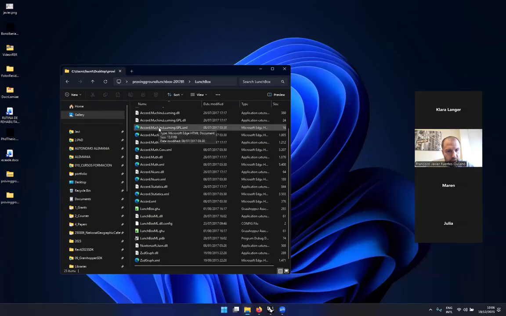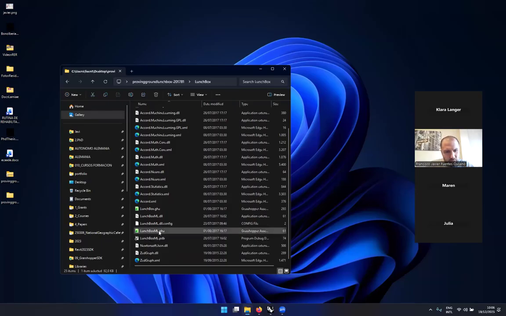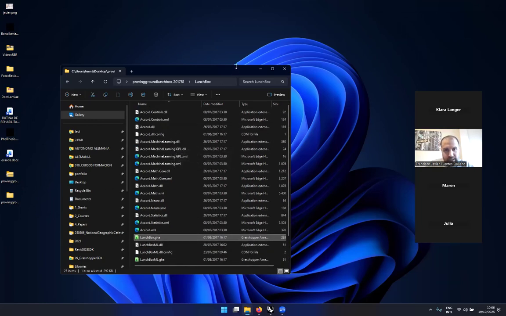Okay. It comes with a lot of files in this case. This is kind of complex. The ones that you care about the most are this one and this one. You have to copy everything. You have to copy everything. Okay. Guys,